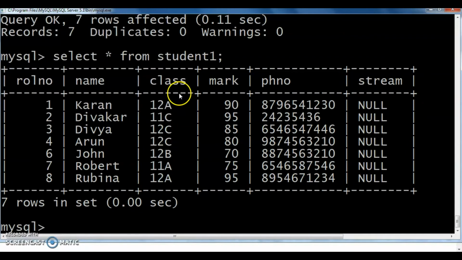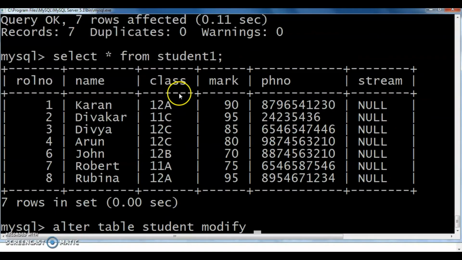Then next one, how to change the data type of a column. For that we can use this alter table command. The syntax is like this: alter table student modify keyword.